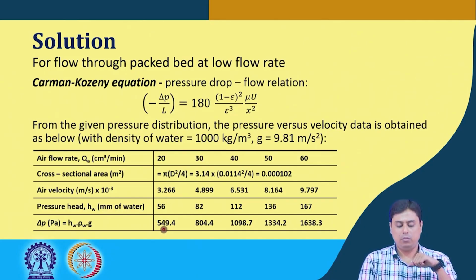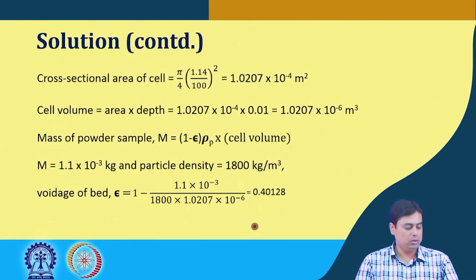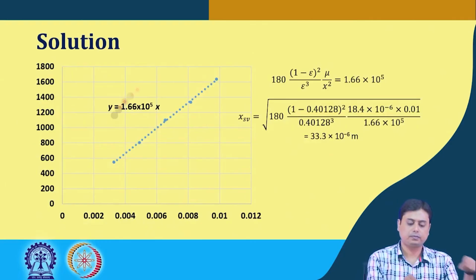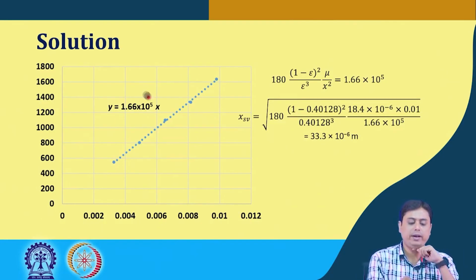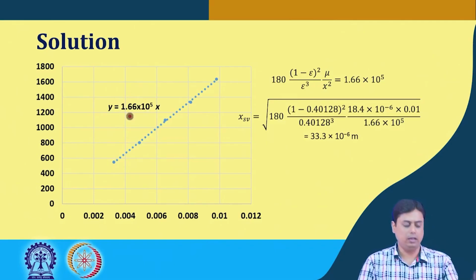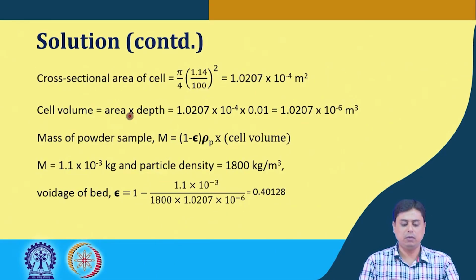We plot x versus y, where x is the air velocity and y is the del P, and then you can find out this kind of a relation where you can find out